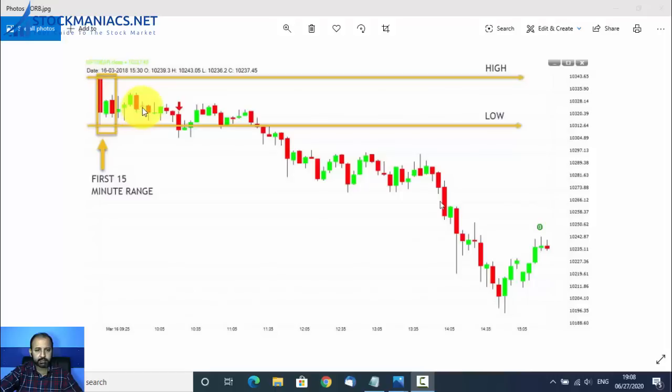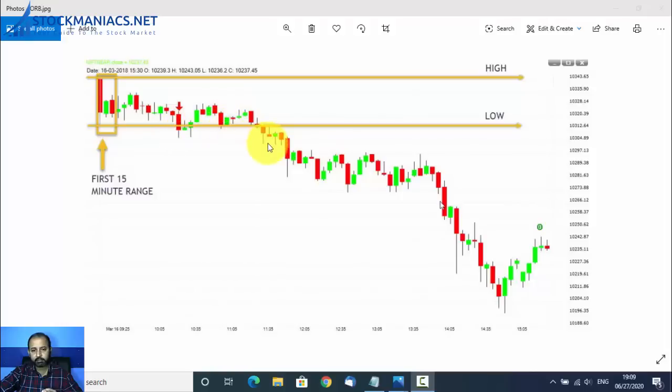So then the next candle, next candle, and so on. So this is 12 candles. So this is 12 5 minutes candles. So this is the hourly range now. So you can see the first 5 minutes range or the first 15 minutes range or the first 30 minutes range and the first hourly range is same in this case. So now this is a breakout. You can see once this range breaks out, there is a high chance that the market will follow the breakout direction. Here in this case, the breakout has happened on the downside. So there is high chance that the market will move on the downward side.